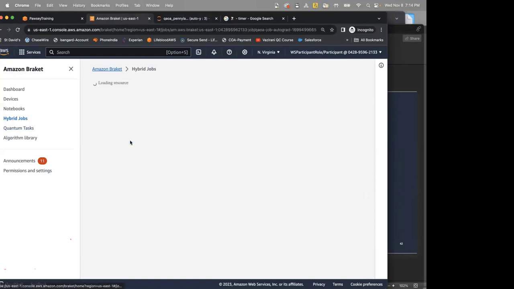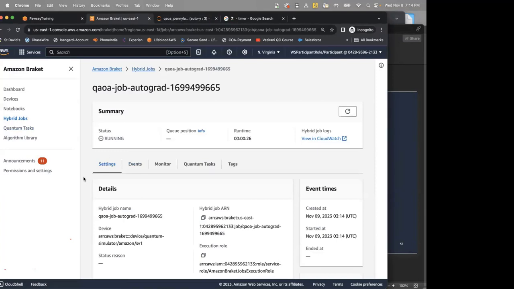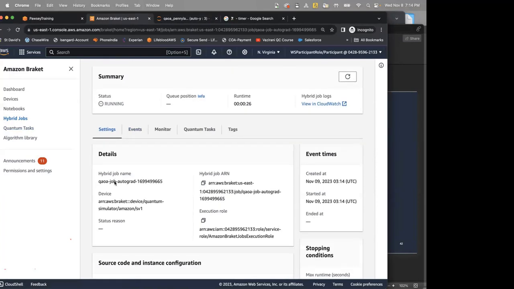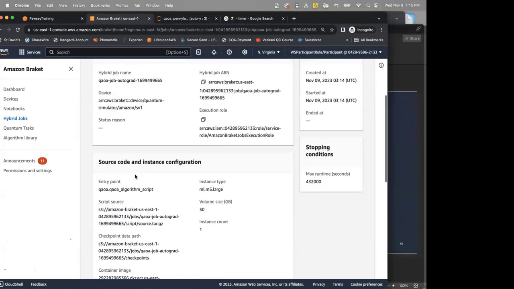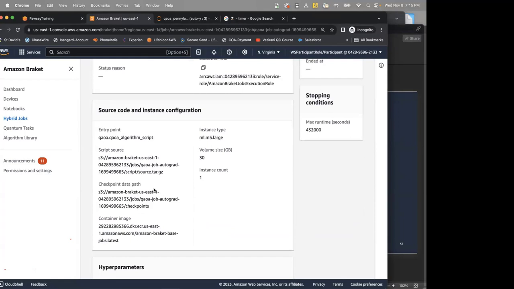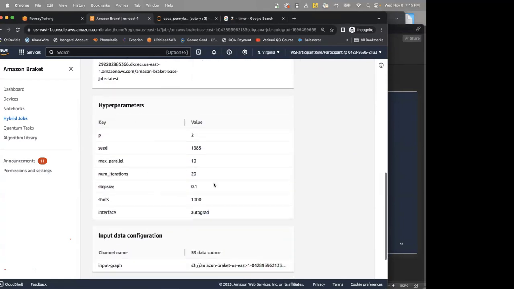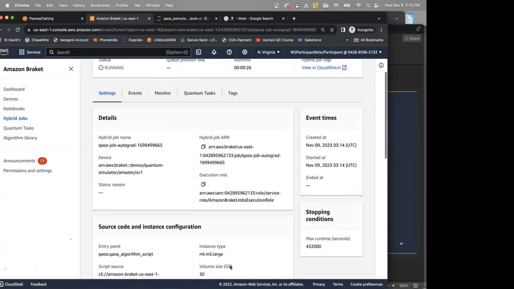We can click on this. It is running right now. And you can see all the information up here, like what the job name is, what device it is using, the source of the script, the hyperparameters that we have passed. It's all updated up here. And what input graph it's given.